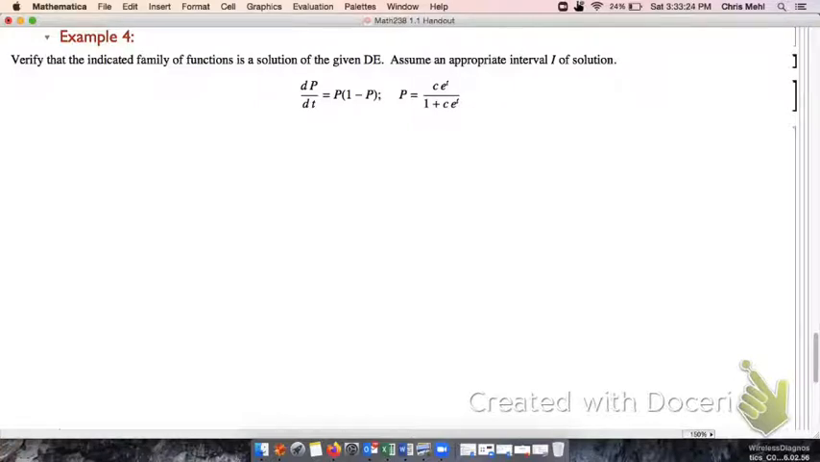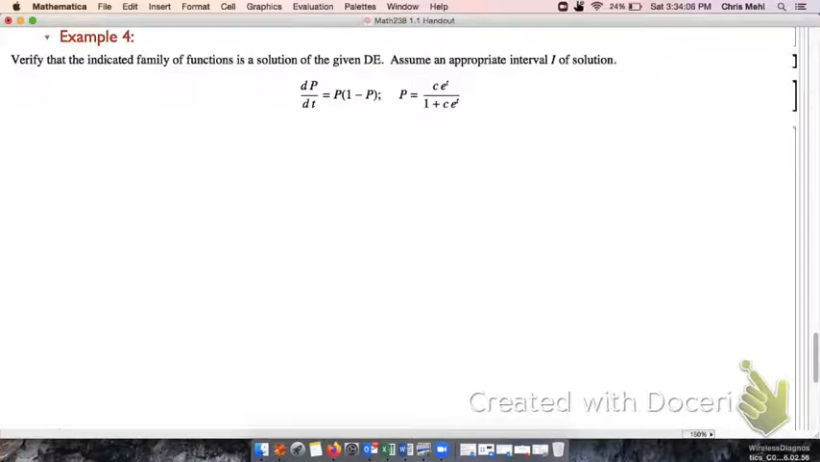We're going to assume an appropriate interval I of solution. First of all, notice the differential equation doesn't even depend on t. That's defined everywhere. And then depending on your constant, if you look at p and its derivative, the interval of solution would have to be an interval for which p and its derivatives are continuous. That's going to depend on the constant c. So we're not going to worry about that here. We're just going to assume an appropriate interval I of solution. Now, if we want to verify this, I basically just have to show that,